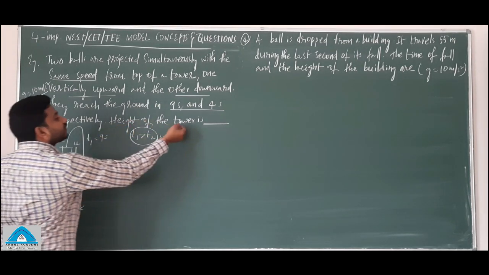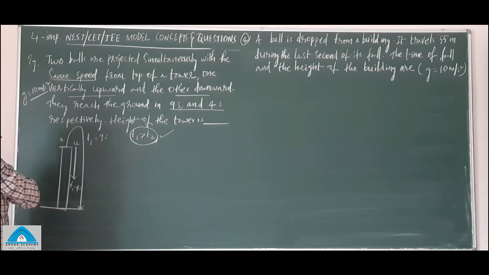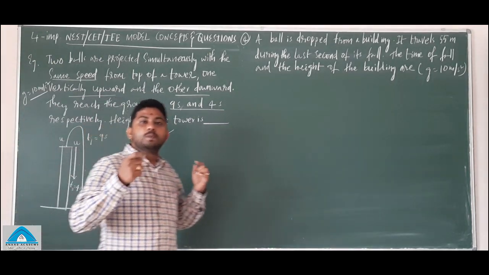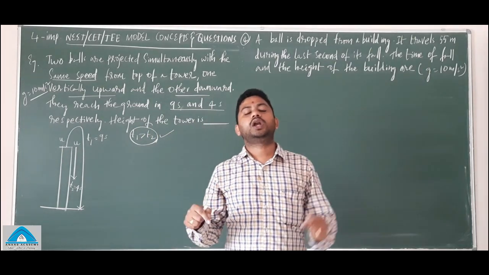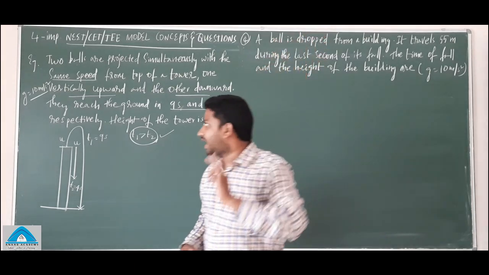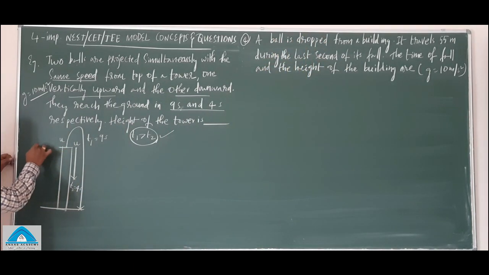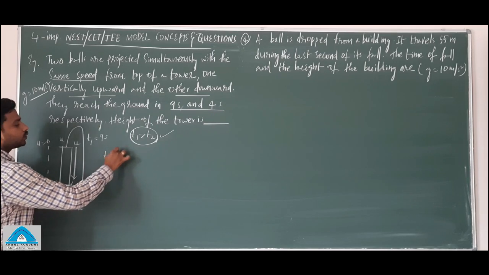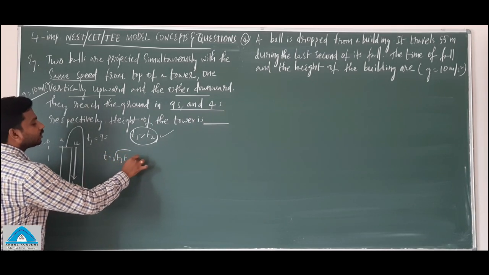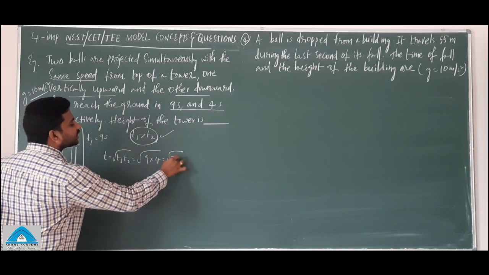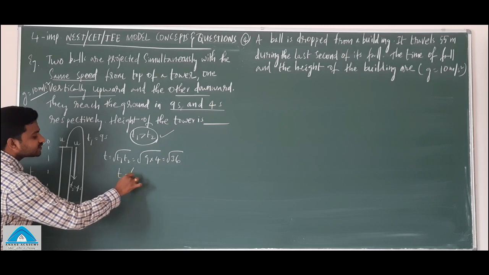Now, the height of the tower. How to find the height of the tower? Before that, whenever T1 and T2 values are given, you must recollect the concept of time taken by the freely falling body. From the same point, a body is dropped and it will reach in a time t. And what is t? t is equal to square root of T1 T2, which is equal to square root of 9 into 4, which is root 36. So what is the time here? 6 seconds.